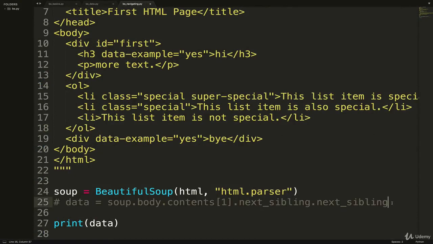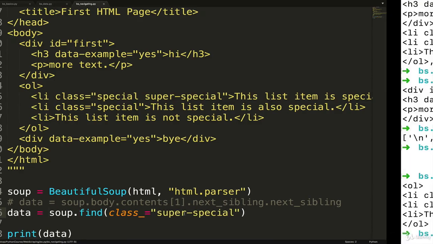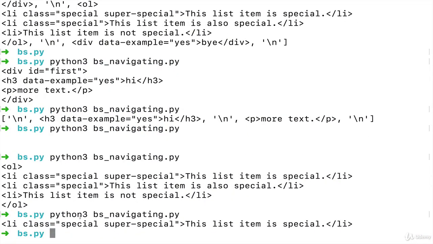Okay, and the other thing we can do, I'll comment that one out. If we do something like soup dot, let's select this li, this first one that has the class of super special. So I'll select that, soup dot find, and then we can do, well, I don't like this syntax as much, the class underscore equals, but I'll do it. I already started. So soup dot find, that gives us this. And then if we call dot parent, let's save this to a variable. We'll call this one data, I guess, just to save our print statement. So that gives us the li.